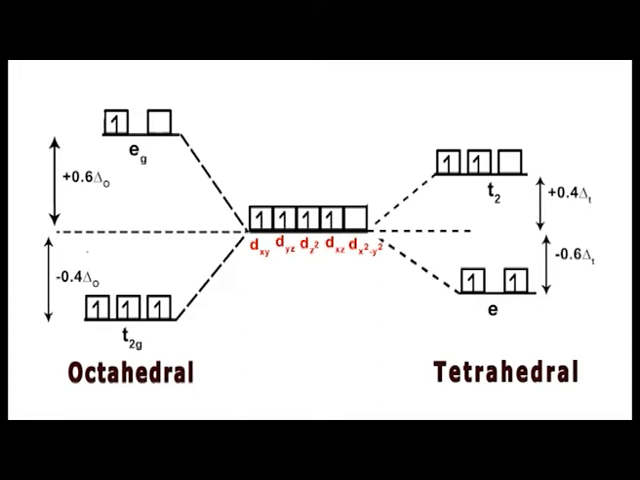That is, the energy of the E set will be decreased by 0.6 delta T and that of the T2 set increases by 0.4 delta T. Also, you can see that in both sets of orbitals, T2 and E, we have not included the subscript g. This is because a tetrahedral geometry does not contain any center of symmetry. So, there is no point in considering gerade and ungerade,